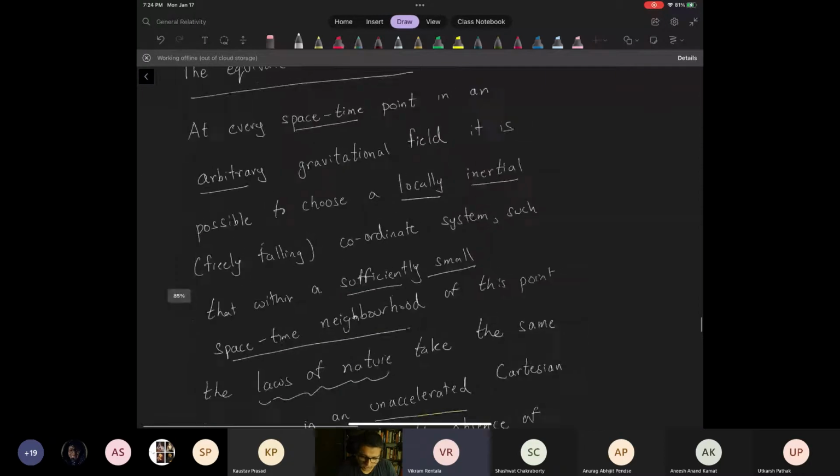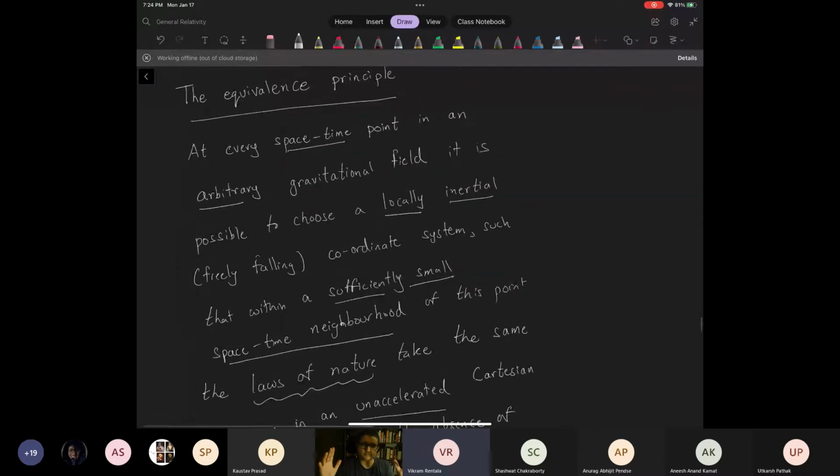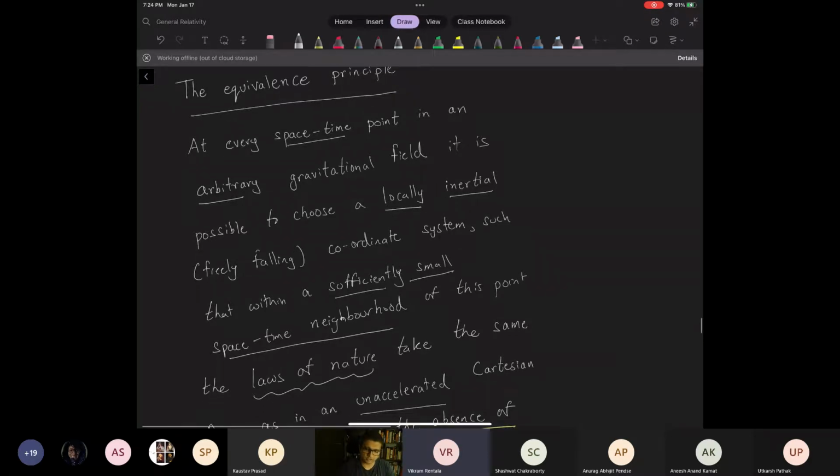Now let's come to the statement of the equivalence principle. This is one way of stating it. There are multiple ways of stating it, but this one will do for us. So the equivalence principle is this: at every space-time point in an arbitrary gravitational field, and we're not making the requirement that the gravitational field is uniform, it is possible to choose locally, that is, in some small enough region of space-time, a locally inertial